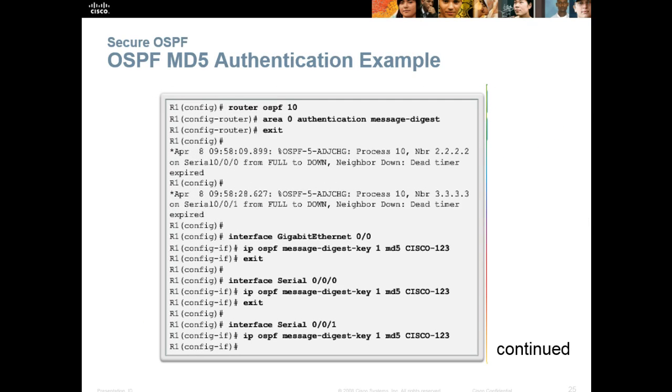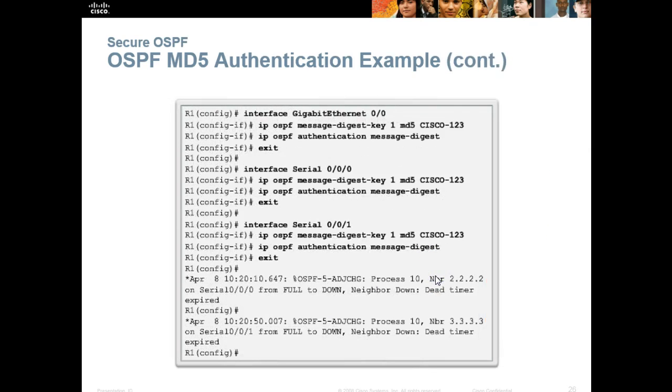So here's what that would look like. We'll be doing this in the lab. Area 0 authentication message digest turns it on, and you get out. Then you go into your interfaces. So in the router mode, you turn it on, and then you exit and go into interface mode and configure it per interface